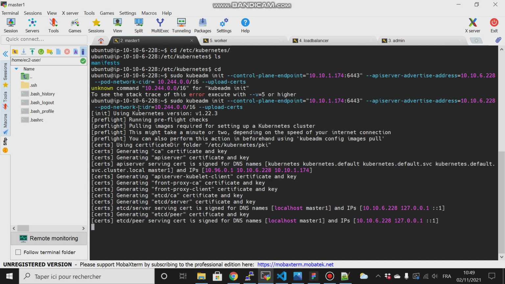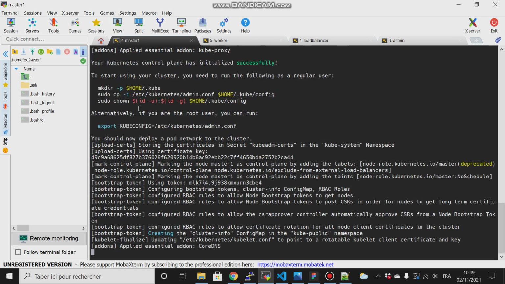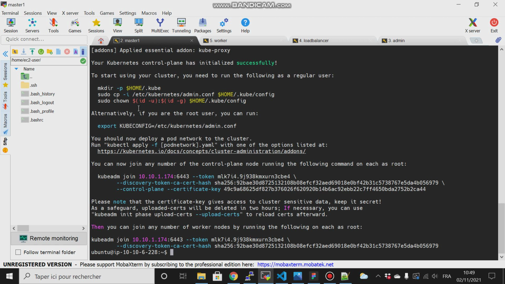So if we have put everything correctly, then this command will work. That's nice. So now we have